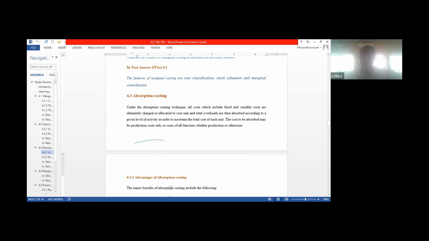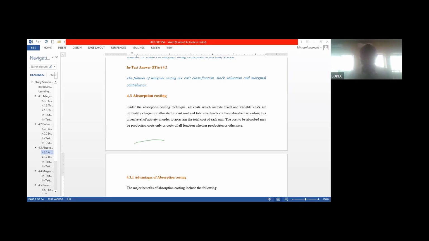So I said something the other time. This particular topic or session talks about marginal costing and absorption costing. So now the next thing that we need to discuss is absorption costing. What is absorption costing? What exactly do we need in absorption costing? Do you understand? So absorption costing is the method of accounting for costs